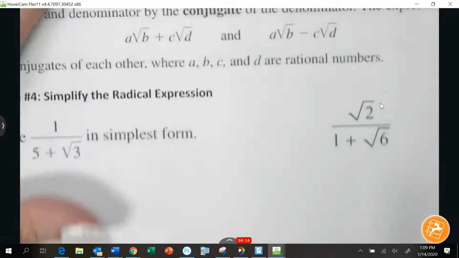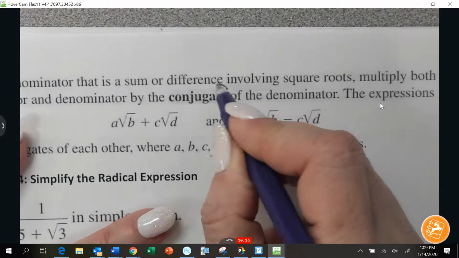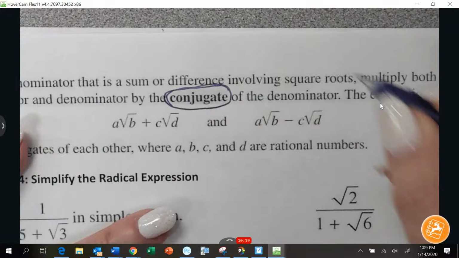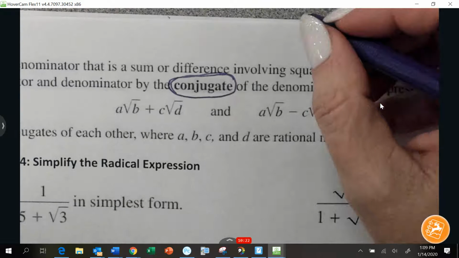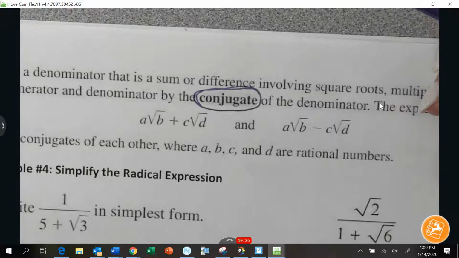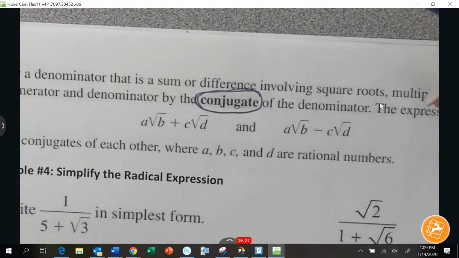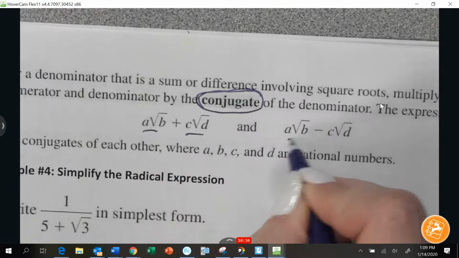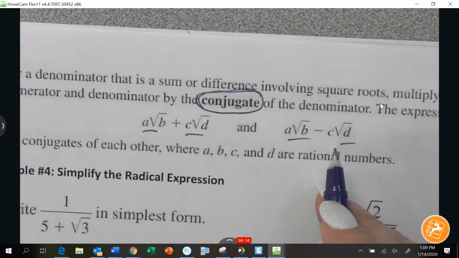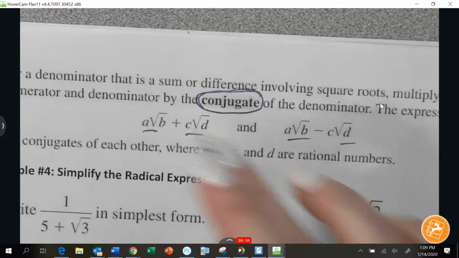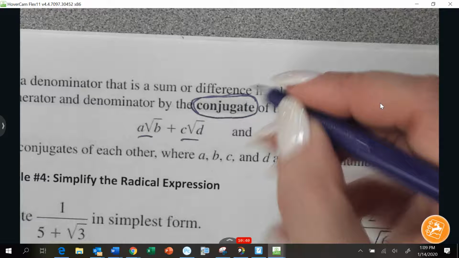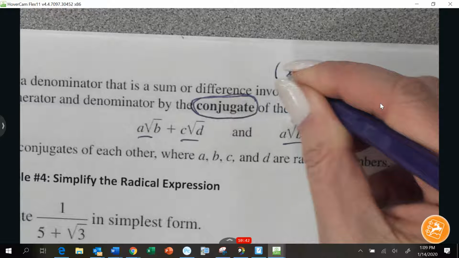Here's a vocabulary word up here, which I think I've used in here before, but now I can't remember because I teach two other classes. But a conjugate, I'm pretty sure I've used this before. It would be if you have a binomial where the first term and the last term are exactly the same, you just have a plus and a minus in between. So these are conjugates. And if we have x minus 3,